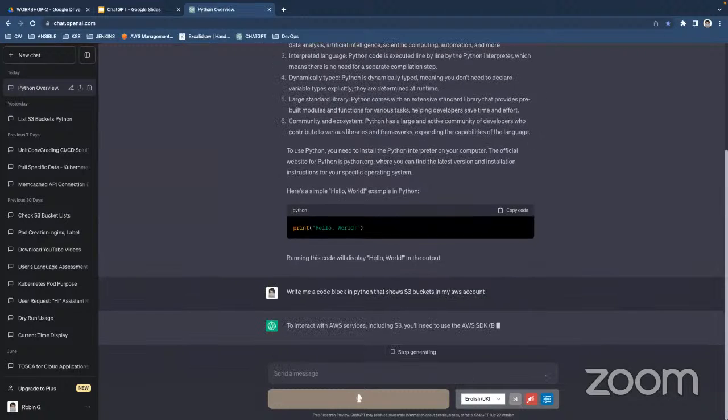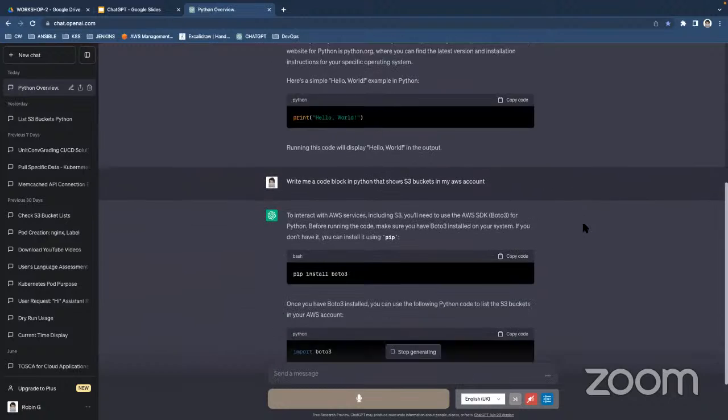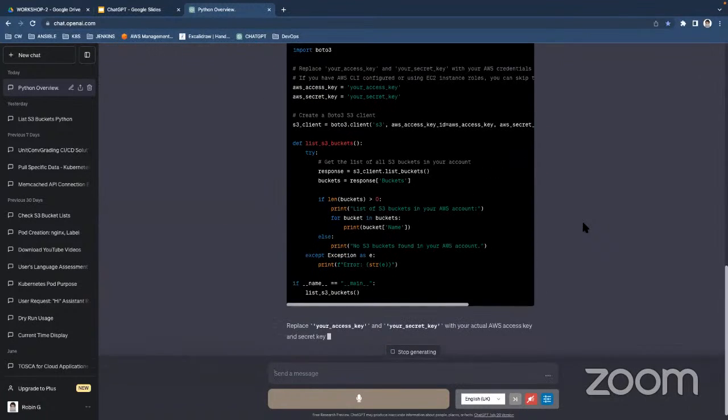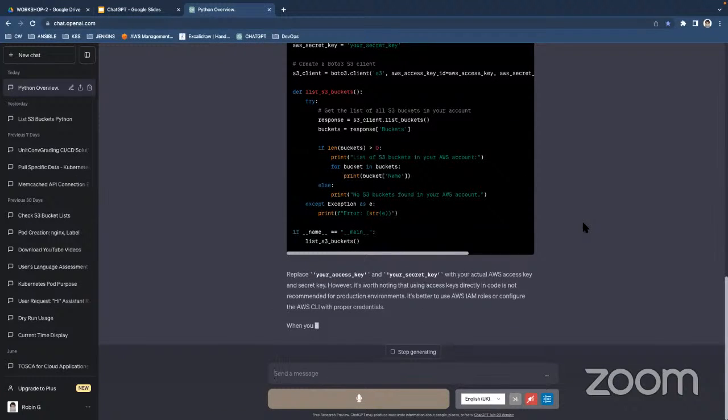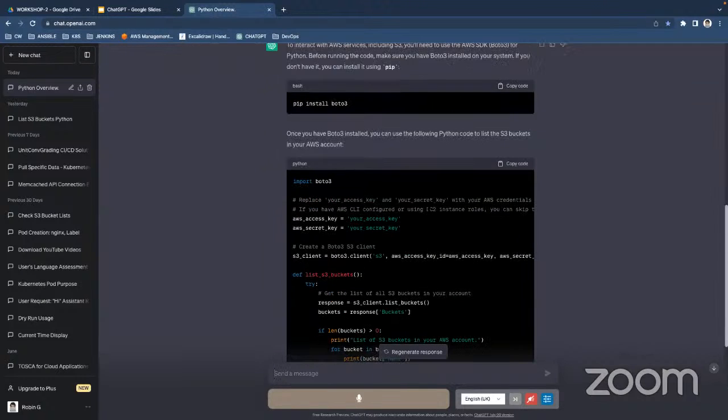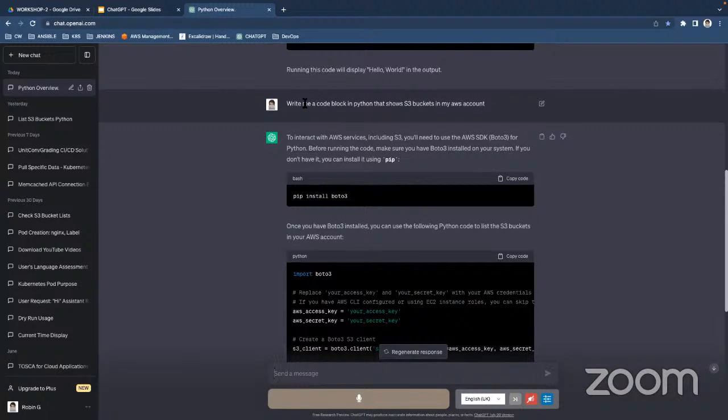Okay, then I just hit enter, and you are going to see that ChatGPT gives me a prompt showing every single step: how I can write a code, or how I can make that code work. You see here, when you type your question, it gives you some explanation at the beginning.